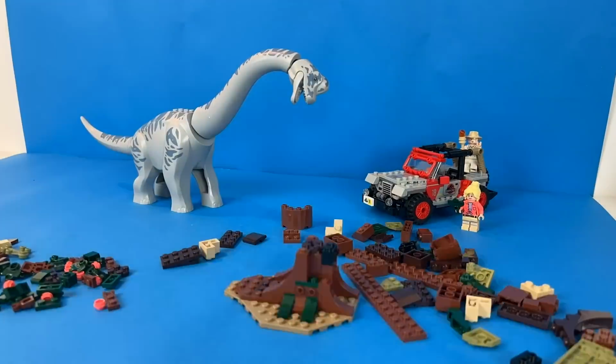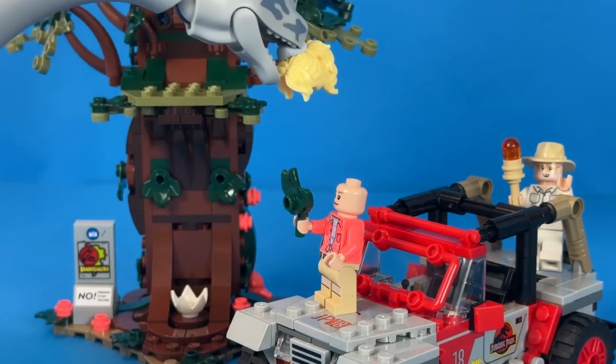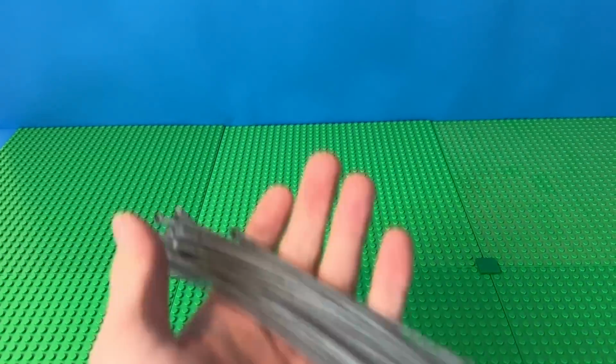Now I'm going to go all out and build a giant park, but I started by grabbing this set here mainly for the Brachiosaurus, but I built up the cool Jeep and tree as well, which even includes our second use of hot dog pieces. These are going to be the first additions into our park, which I've begun by laying out a load of